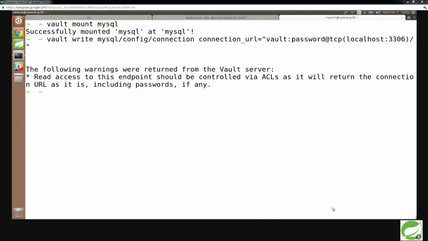And then we're basically now writing to Vault. So it says, I'm writing to the MySQL configuration what our connection information is. And that's a URL. And the URL has the username and password in it. You can guess that is the username and the password that I have set up for MySQL that Vault is going to use to integrate. So that's how Vault is going to be able to add users. And it's running on localhost 3306.